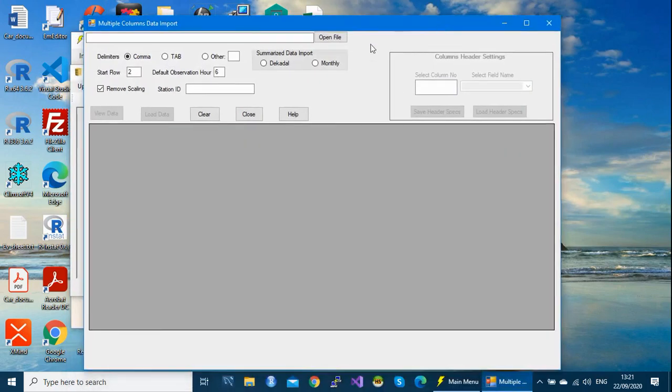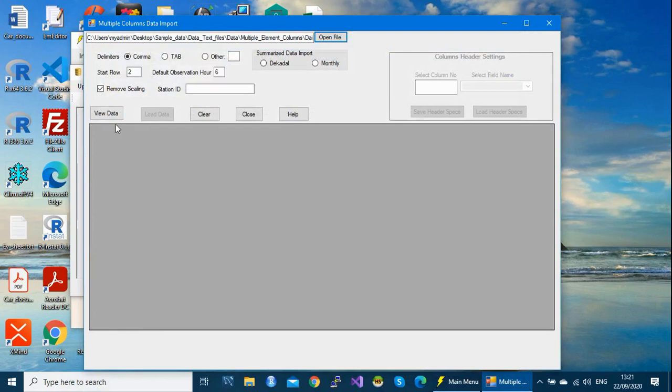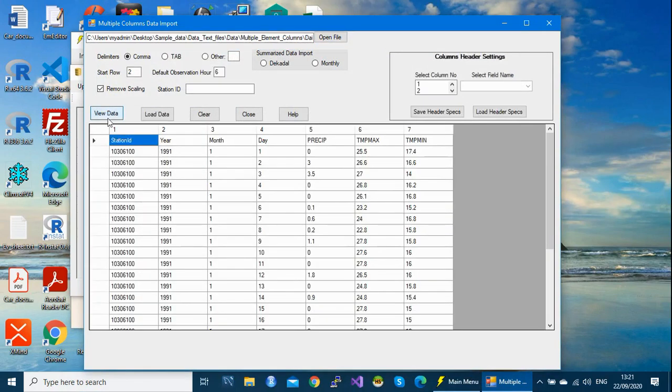You select the file, your data file. So remember, first time I loaded this one. Now I'm going to import the daily data. Open it, and then view to display your data in this dialog.